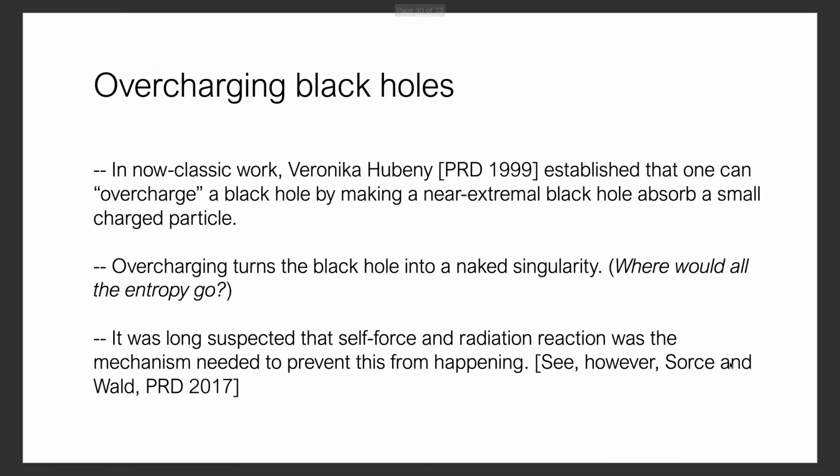And finally, the last thing I'm going to talk about today, also revolving around point particles, is actually quite an interesting sort of toy problem. Back in the late 1990s, 1999 to be precise, Veronika Hubeny, who is a famous string theorist now, was then an undergraduate. She was able to make this prediction that if you consider a black hole that's very close to being an extremal black hole, whose charge is very close to being the maximum possible charge it can have, you can consider throwing a small charge into it, and in that process